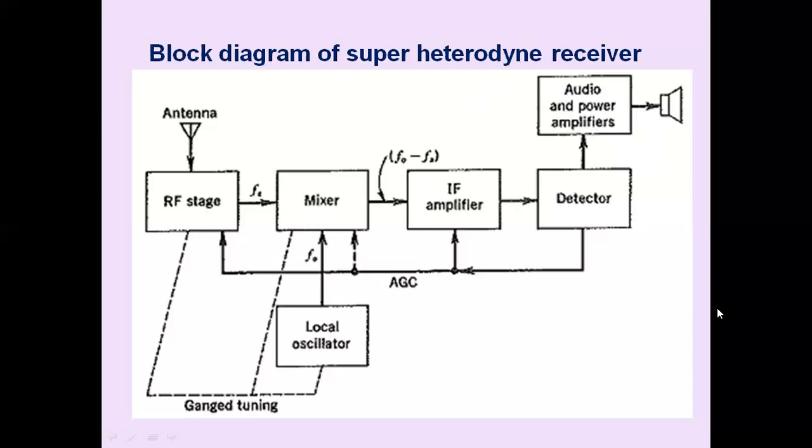The amplified message signal is fed to the loudspeaker. The loudspeaker reproduces the original sound which is transmitted from the transmitter. So what are the advantages of the super heterodyne receiver? Uniform sensitivity, better sensitivity, uniform selectivity over the tuning band, no variations in the bandwidth, sufficient adjacent channel frequency rejection, good fidelity. Because of all these advantages, we are making use of the super heterodyne receiver in almost all applications of communication, right?